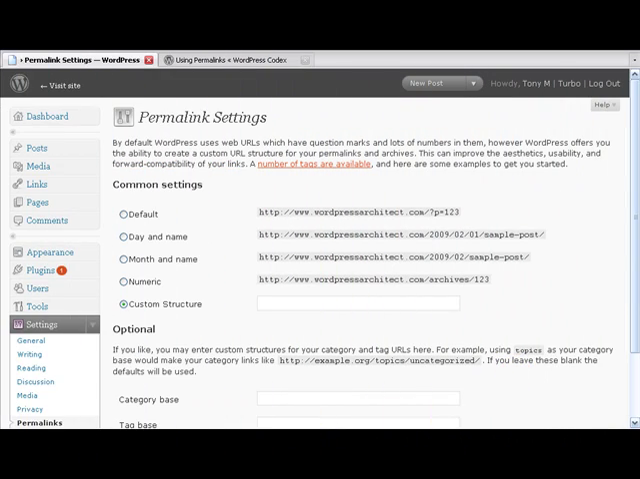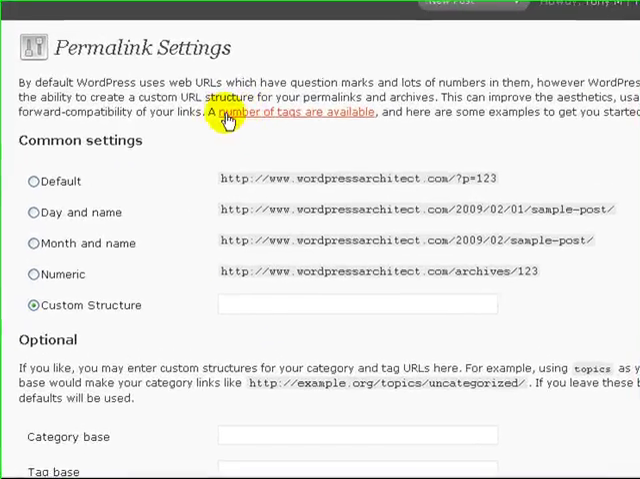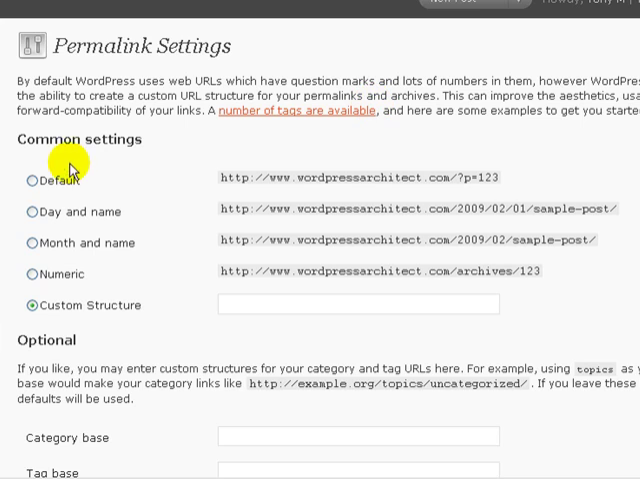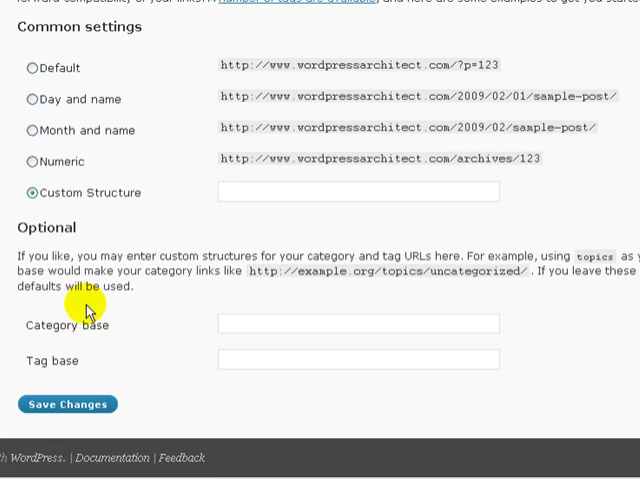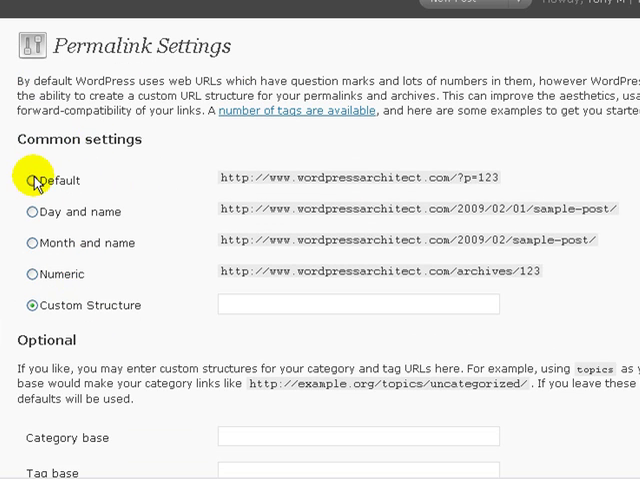So let's set up our permalinks the most optimal way. What you're going to see here is this link that comes up, and we'll just scroll the page, and it's just optional common settings. Okay, it's always going to start on the default, which is your permalinks are going to look like this: site.com/page, and then whatever post number it is. Okay,